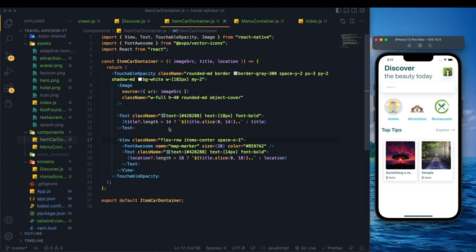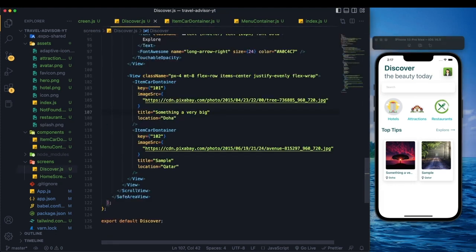All right then, so now let's add that nice loading animation. So let's go to the discover page. Okay,